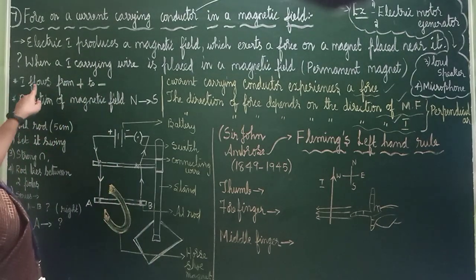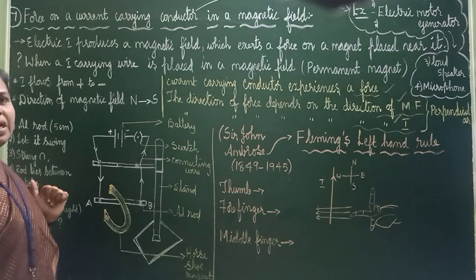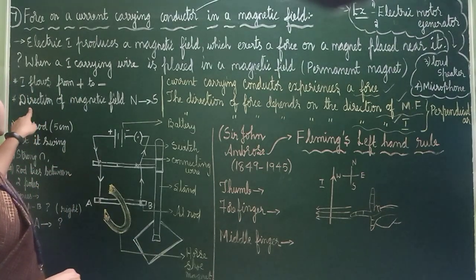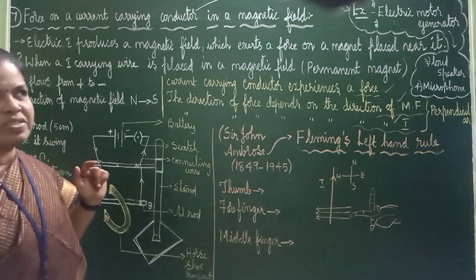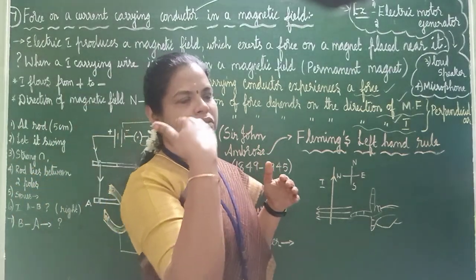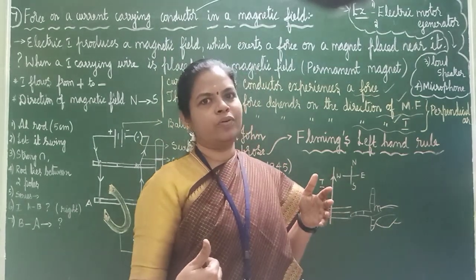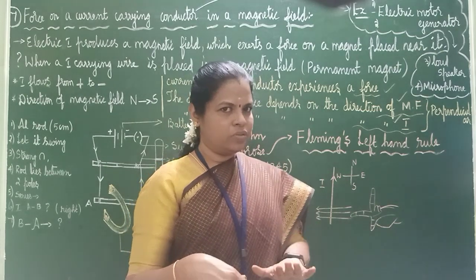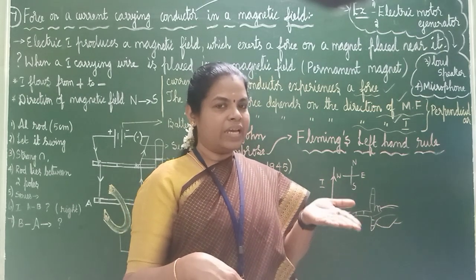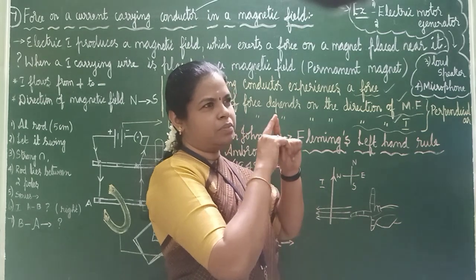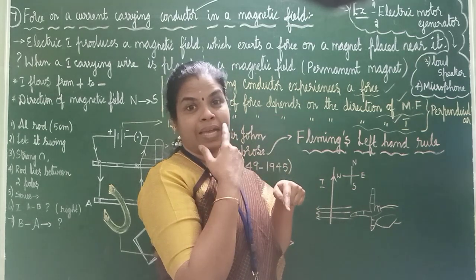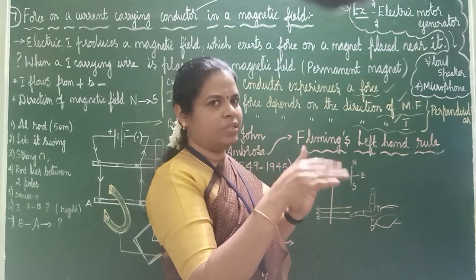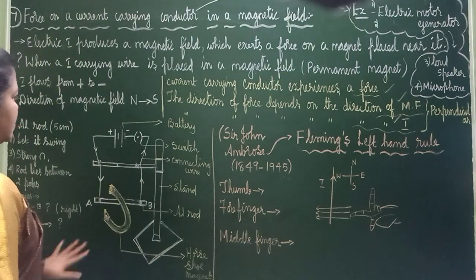We have studied that current flows from which terminal to which terminal? From the positive terminal to the negative terminal. And one more thing which is very clear is the direction of the magnetic field. Outside, it will move from north to south, and inside it will move from south to north. Two important things: current moves from positive terminal to negative terminal, and magnetic field lines move from north to south outside and south to north inside. It's very clear.